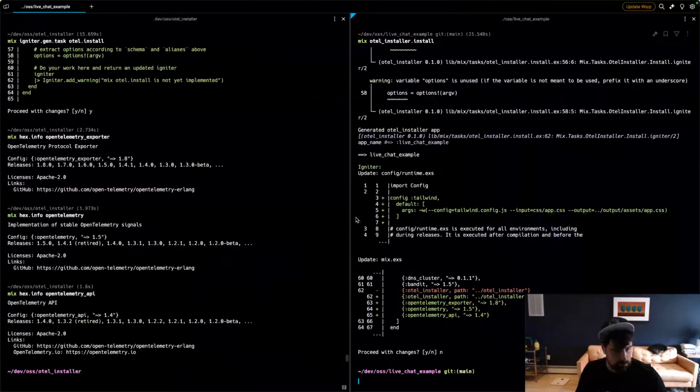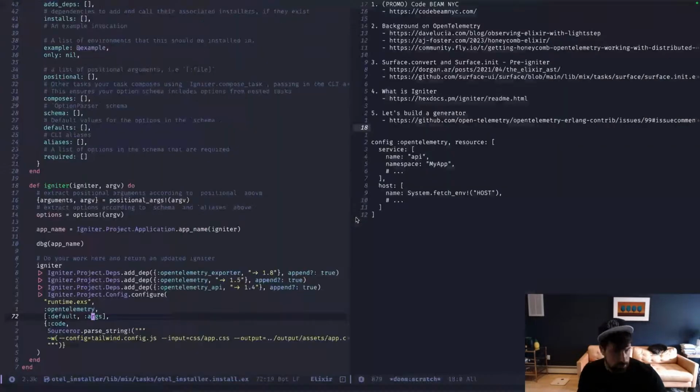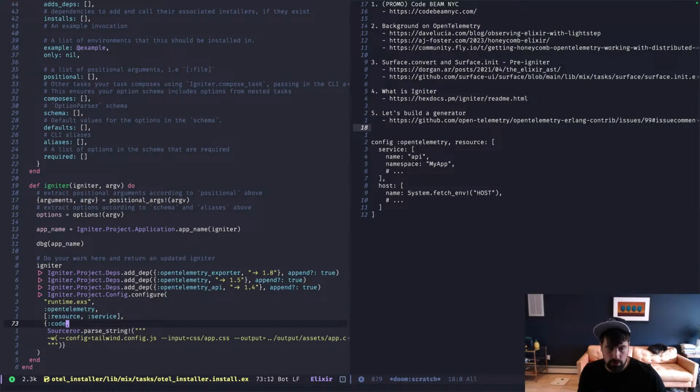Defaults, args. I see. So instead, this is going to be resource, service, and code, and then